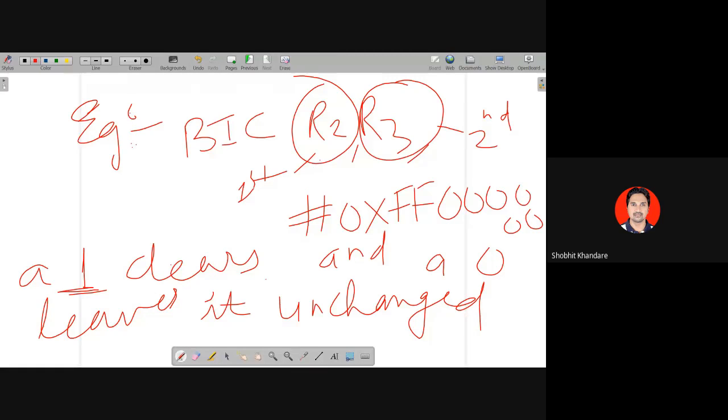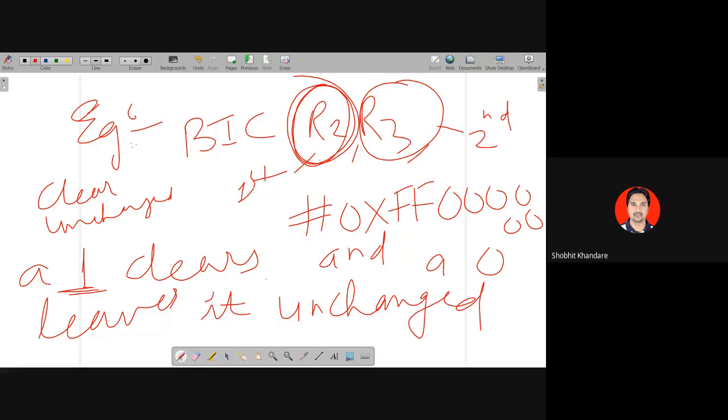So 0 leaves it unchanged and 1 clears the corresponding bit in the first operand. Now this is happening for the first operand, for R2. If I want to clear some bits of R2, and leave some bits unchanged, meaning not touch them,